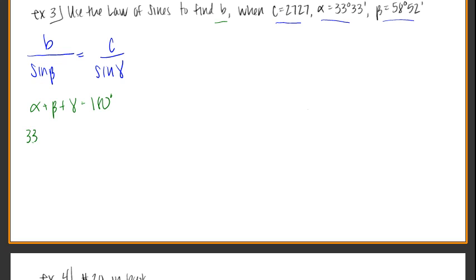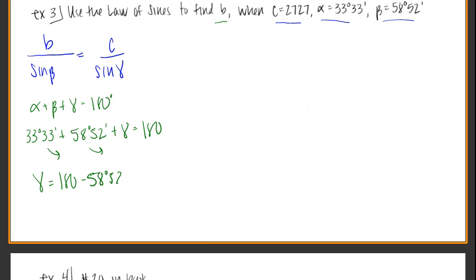Alpha, 33 degrees and 33 minutes, plus beta, 58 degrees and 52 minutes, plus gamma should equal 180. So let's subtract both of those over, and we'll get gamma to be 180 minus 58 degrees 52 minutes minus 33 degrees 33 minutes. So all in all, gamma is going to be,